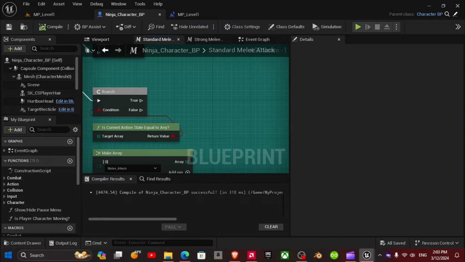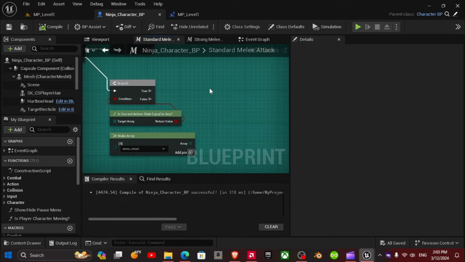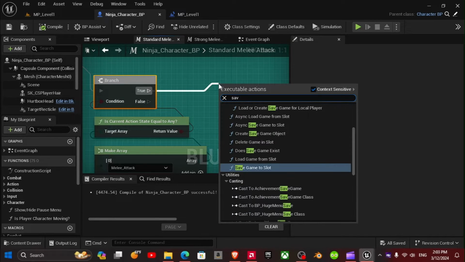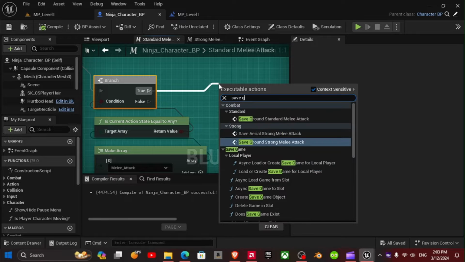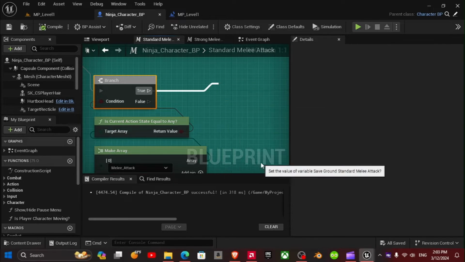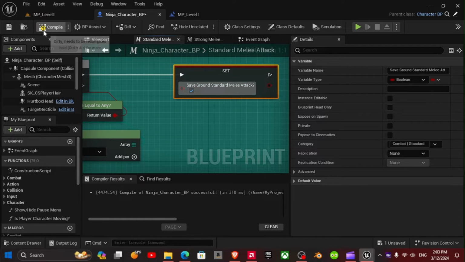The next thing we're going to do is save standard, and place a check mark on that.